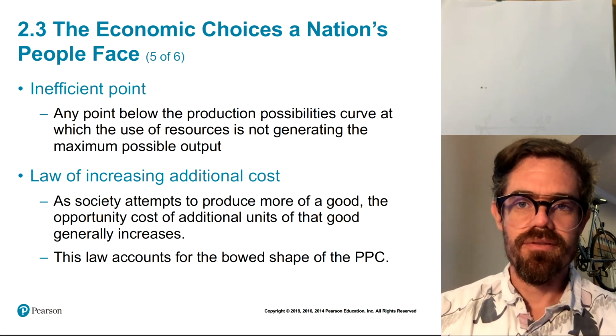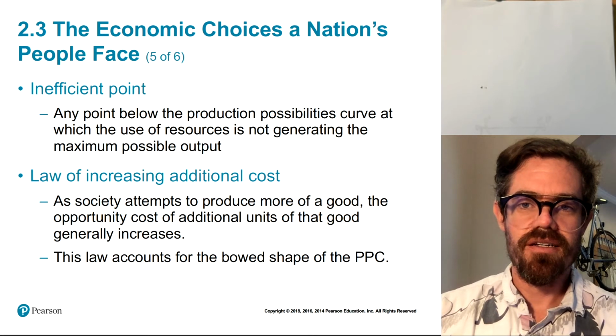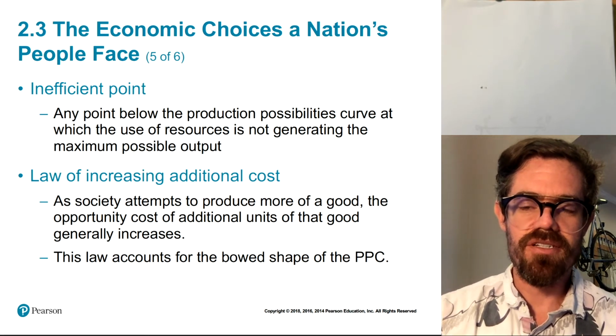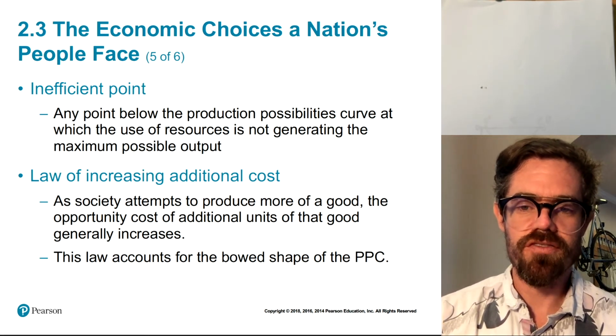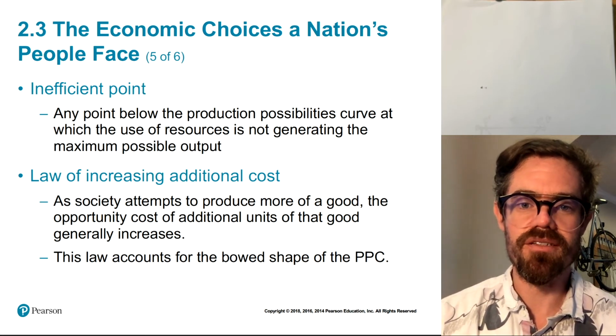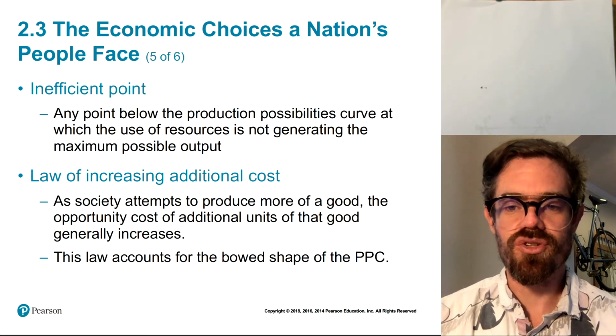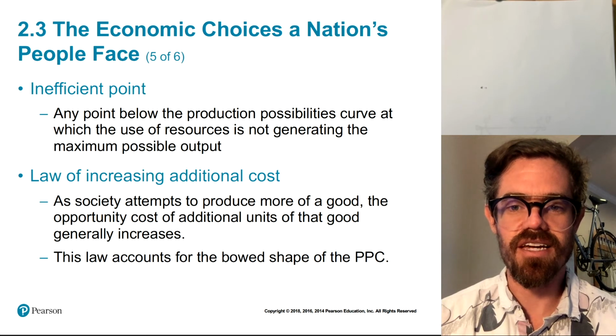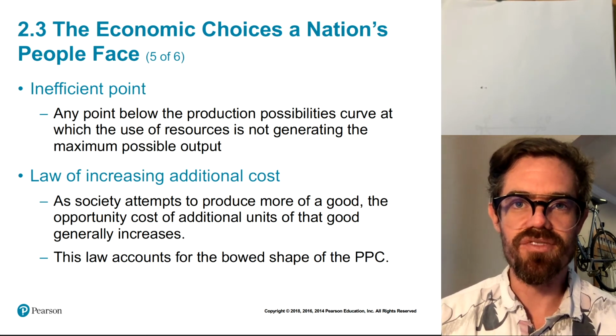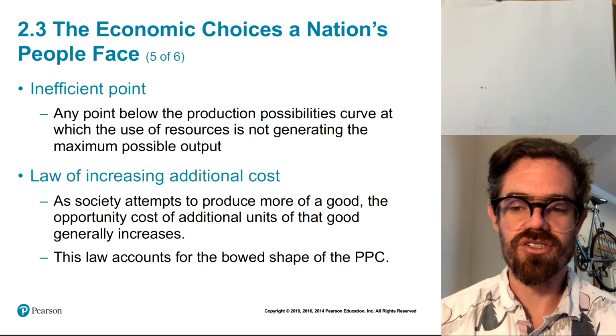Now, I mentioned the fact that our PPC for tablets and smartphones was bowed out. So we need to talk about what that means. Basically, it means that the trade-off between smartphones and tablets is not constant. It's actually changing. The slope of our PPC gives us the trade-off, and if our slope is not